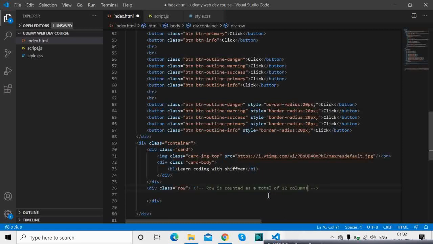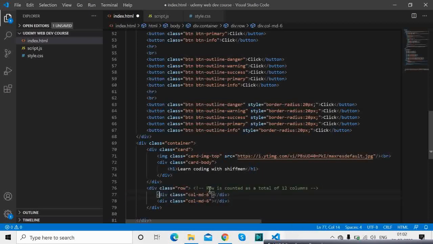So basically you will get to understand this once I write it over here. So basically this is class col-md-6 and 6. Okay, so if you see 6 plus 6 is 12, so there are 2 columns.